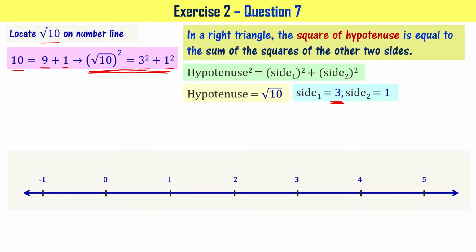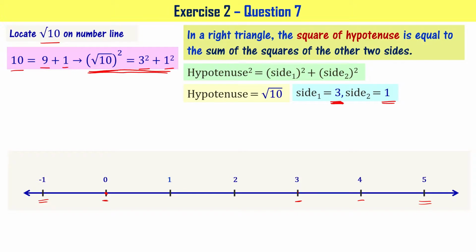So let me draw the number line. I have chosen from -1 to 5 here, right? I need 0 and 3 certainly, and I can go up to 4 because the number we are looking for is almost near 3. So 5 is not required. At the same time, -1 is also not required, but there is no harm having a slightly longer number line, right?